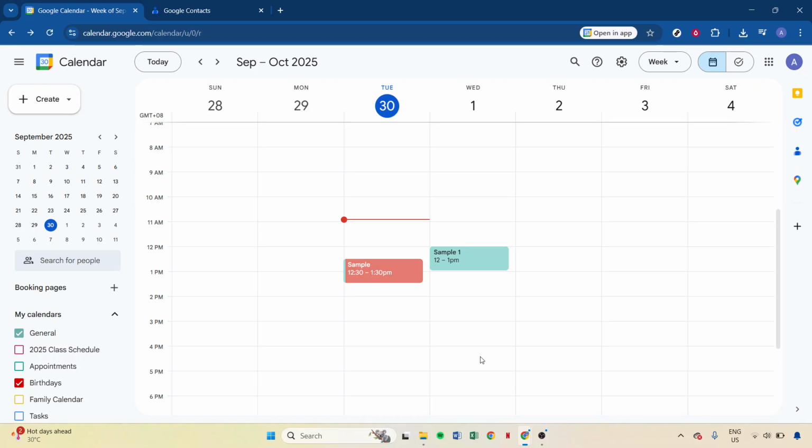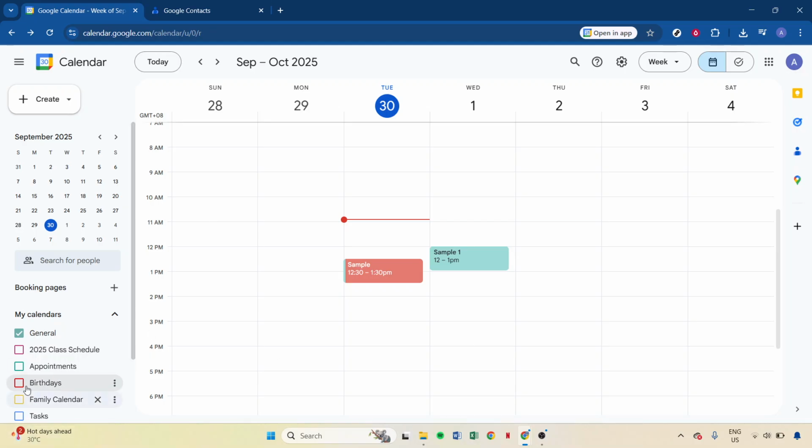First, we'll tackle the most straightforward method, hiding the birthdays calendar altogether. Start by opening Google Calendar on your computer. Once it's open, direct your attention towards the left sidebar, which conveniently houses your calendar lists. Under sections labeled either My Calendars or Other Calendars, you'll find an option labeled Birthdays. All you have to do is uncheck the box next to it. This action swiftly hides all birthdays from your view, making your calendar cleaner and easier to read without permanently deleting